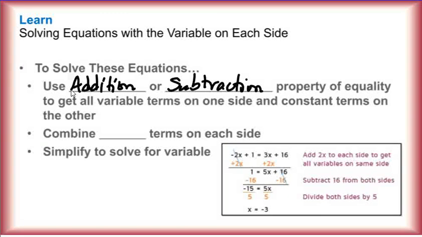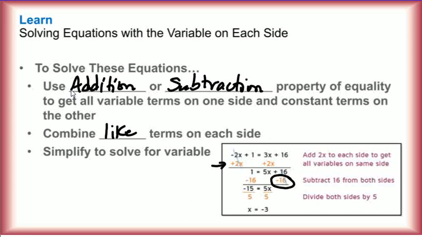You can see in the box at the bottom right-hand that I'm adding and subtracting like terms on each side. So here I'm getting all my x's to the right-hand side, so I'm just adding 2x to both sides. And here I'm subtracting 16 to get all my constants to the other side. Once you have all the terms on the proper side, you're going to combine like terms